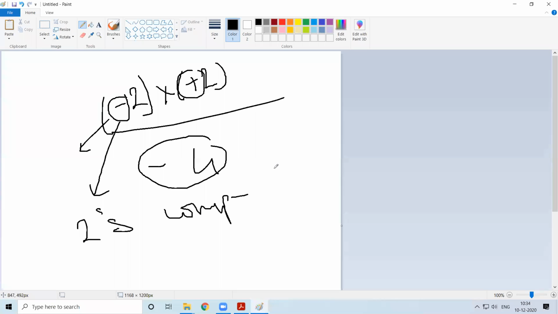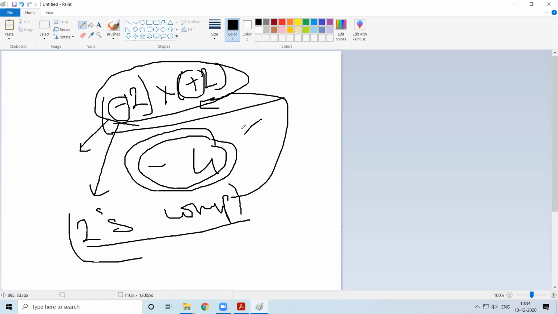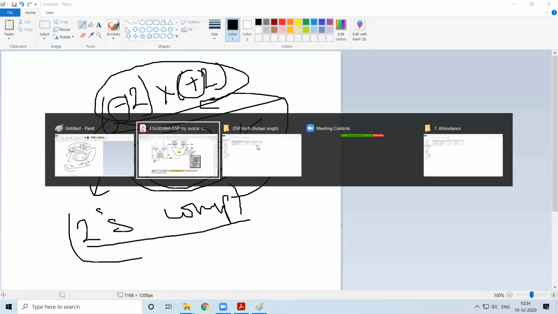Go for 2's complement representation of these numbers. So you take 2's complement of these numbers. 2's complement takes care of the sign also, which will be in the MS bit. It will take care of sign itself. So once you get the result, you check whether the result is in the 2's complement form and see whether the intended result is obtained or not. So this is how you go around for the multiplication aspect.